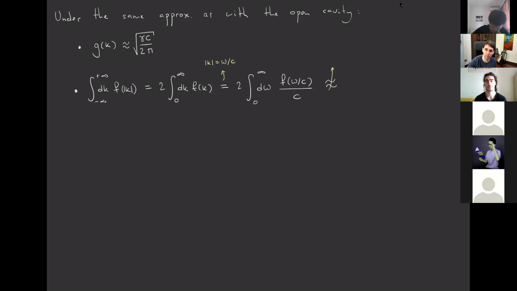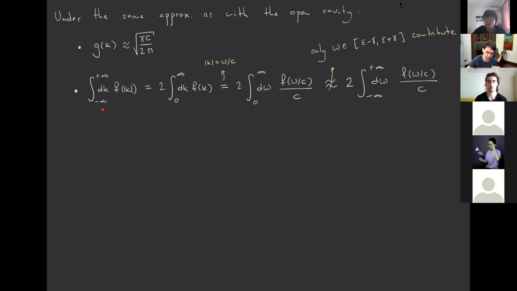approximation that only omega frequencies contained in the interval epsilon minus gamma and epsilon plus gamma will contribute. So this is something that we expect and we kind of know from the previous chapters. So we can mathematically, for convenience, extend the integration to minus infinity in frequencies. Okay? So if we do these two approximations, and I remark one important thing, this integration here from minus infinity